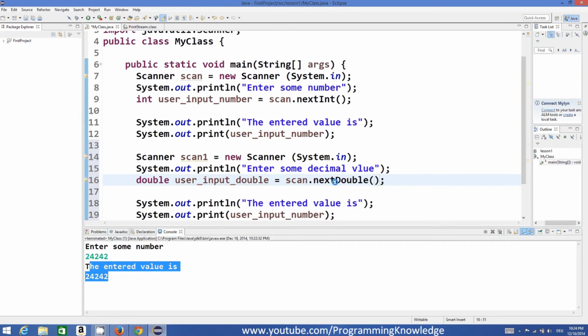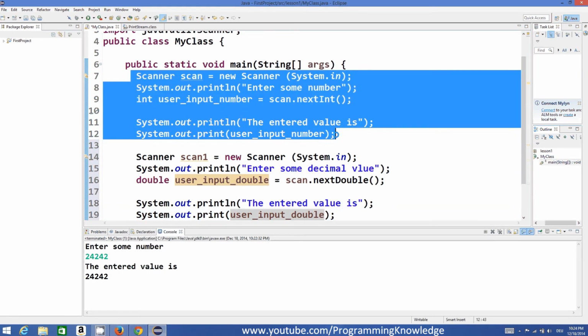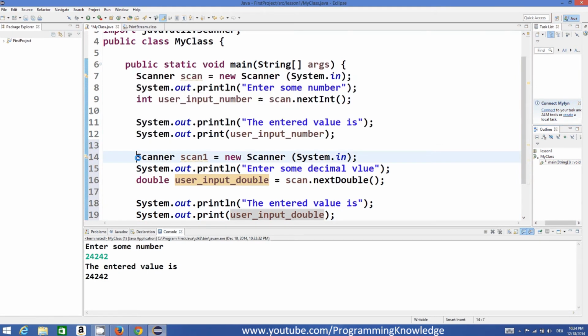Okay, so whatever you are expecting from here, you need to ensure that after next, this name comes here, right? So right now you are expecting the double value. What we are doing in this code is, first we will ask for a number, then we will ask for the double value, and this scan should be changed to scan1, right? We will compile the program,